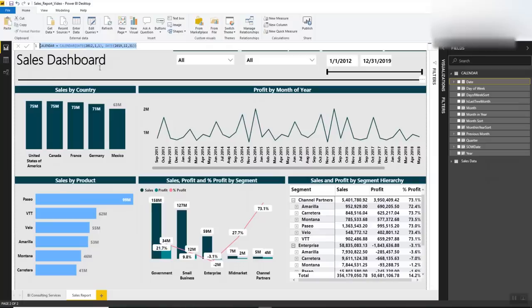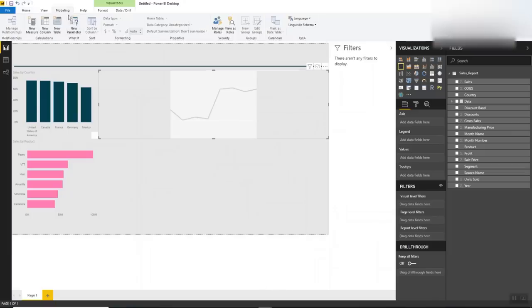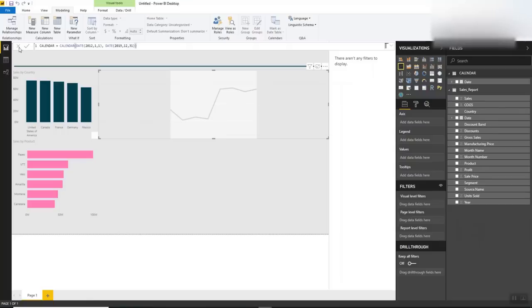Every once in a while I'll get a little bit more spiffy, but for the most part I use this base calendar in almost every report that I do, and it tends to meet most of my needs and most of my clients' needs. There are some more robust ones out there, and if you guys are ever interested in learning more about calendars, or if you want me to go into depth into some things around the calendar functions, let me know. I'm happy to do that, but for the sake of this report, I'm going to use the